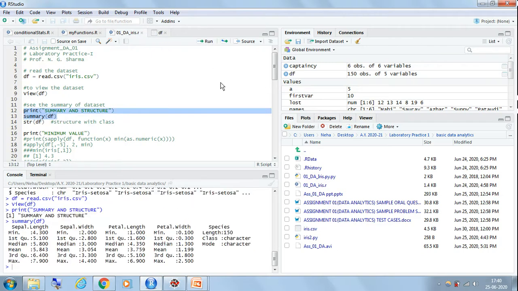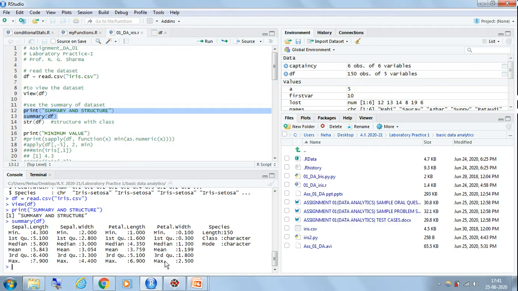Yes, you can see here the summary information is being displayed. Now what is displayed in the summary? You can already see min indicates the minimum value of that particular column. First quartile is the Q1 value. Okay, we'll discuss what is Q1, Q2. Then this is the median value. What is median? Yes, median is the middle value of that particular column. Then mean is the average value. Then third quartile is the Q3 value. And then this is the max. That is the maximum value of that particular column. So likewise, this summary information is displayed for each of the columns.